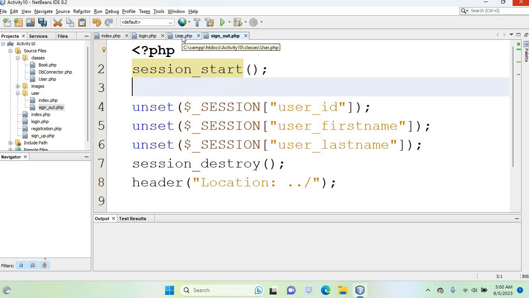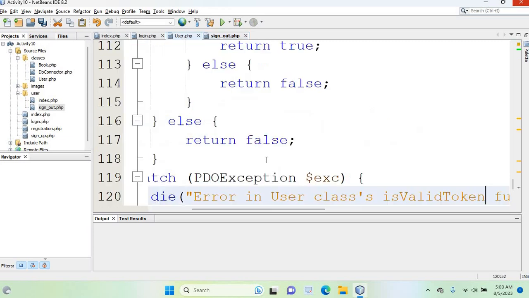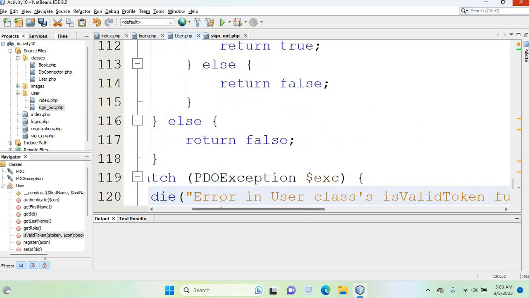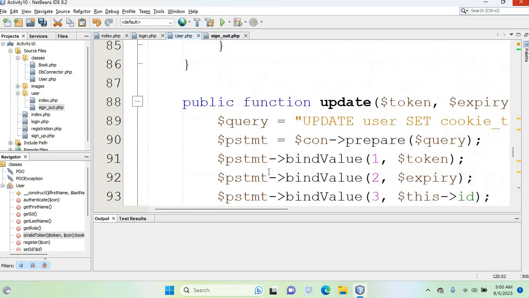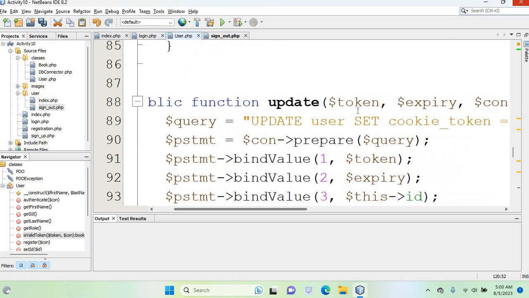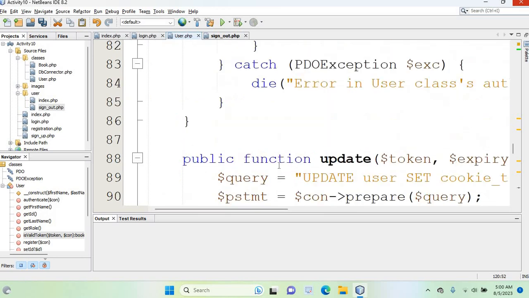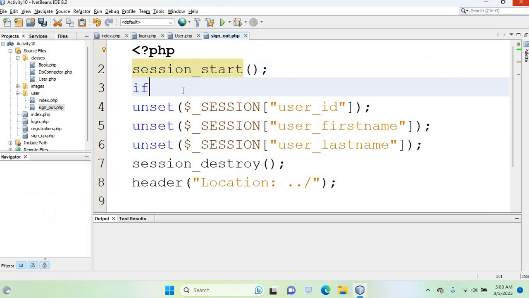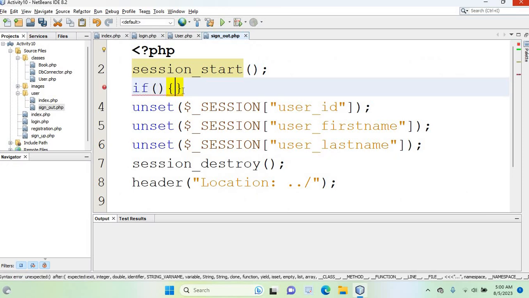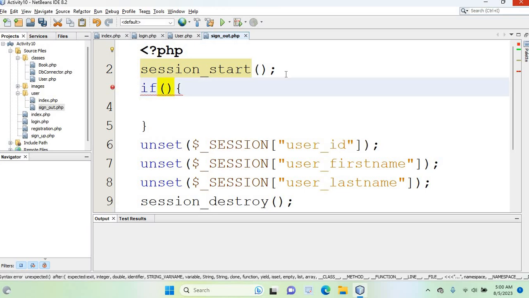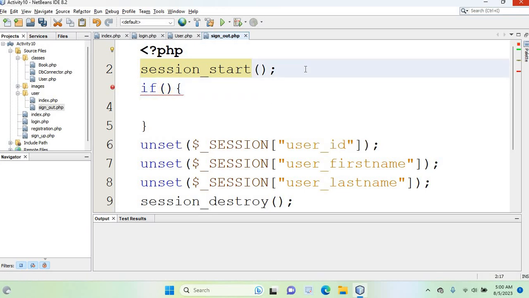So this is how we are going to do it. I'm going to this user class, and here we are having a method called update. With this update method, we can pass the token and expiry, but in this case we are going to remove it. We can pass null values with the connection, and then we can update this user. Okay, so now we are going to have an if condition here. Now we need to have